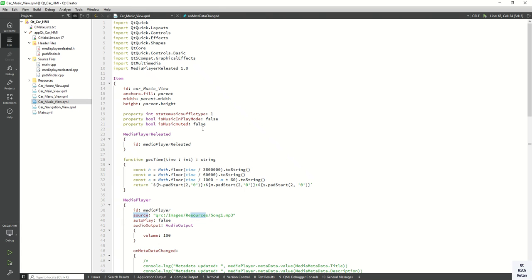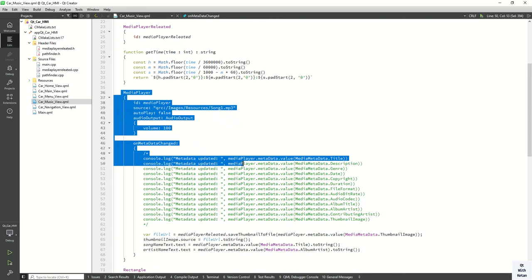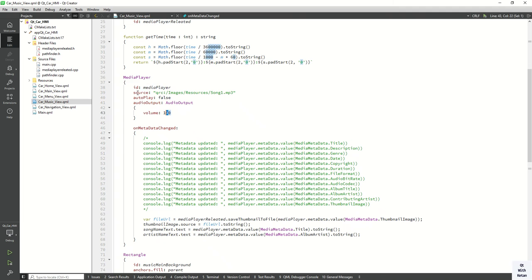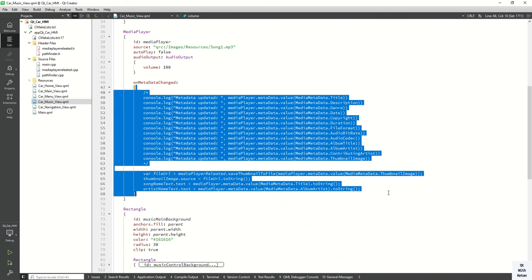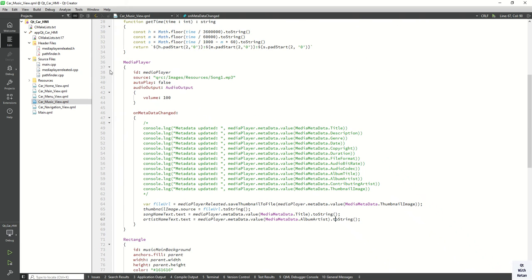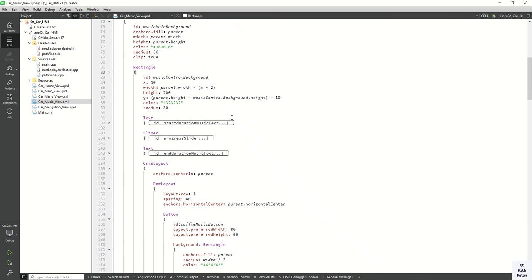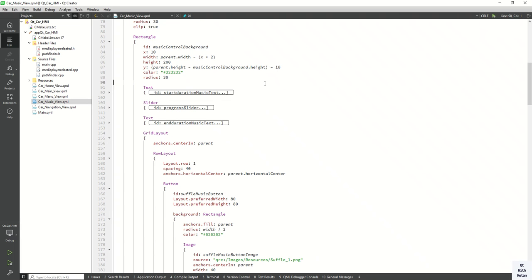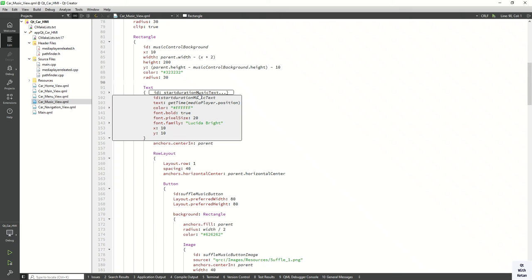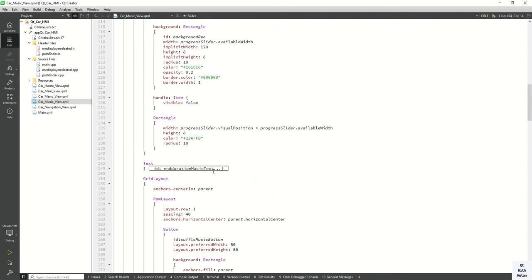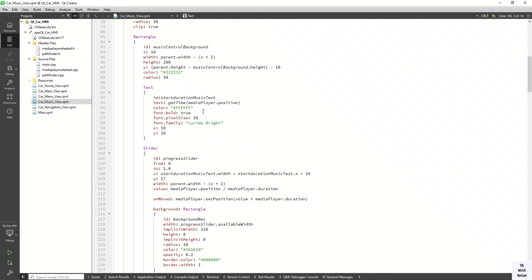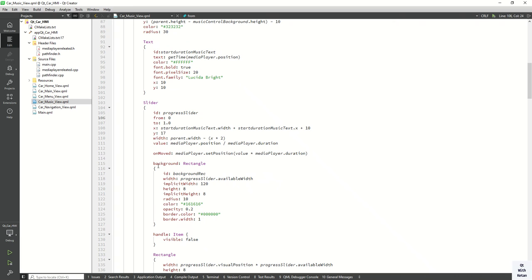Let me show you the code one by one again. This is the multimedia media player class, where I display the media player element, define the song path, and set some basic properties, like audio output at 100% volume, and here you will get all the metadata. Now I create one rectangle to display our controls. This is the music control, and here I define the music control background. Here I use text properties, a slider property, and again text properties for the music end duration, the start duration, and the progress slider. On the move event I set this as the position,